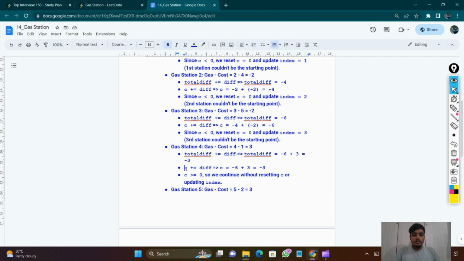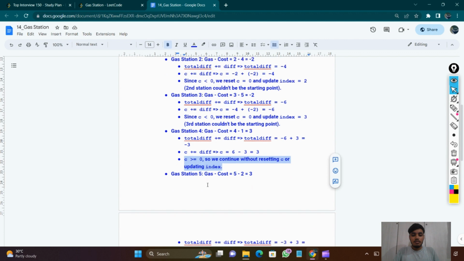So because we are maintaining this for all stations, now what we do, we increase our c plus equals to difference, and we do minus 6 plus 3. Oh, so here is a minor mistake. It is 6 minus 3. This is going to be 3. So here you can see our c is greater than equal to 0. So what we do, we can continue without resetting c or updating index. So here we are good to go and we continue, because here we can continue to move to the next